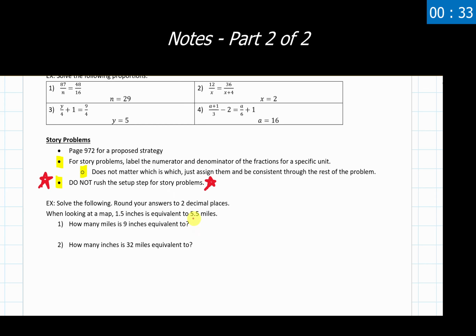We're going to take a look at these two examples right down here using two different organizational methods, but I really want to emphasize how important it is to do this labeling and take care and take some time when we're doing these setup steps, because it's going to make the actual solving process way easier compared to what a lot of people want to do with these. So as necessary, I'd pause the video, write these problems down for yourself. We're going to go over and take a look at and solve each of these using two different organizational strategies.